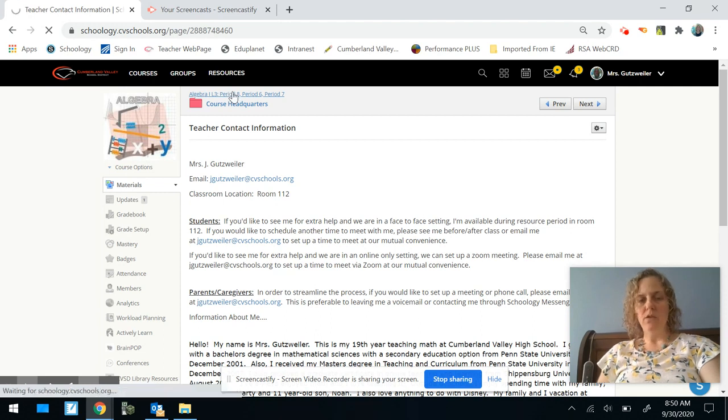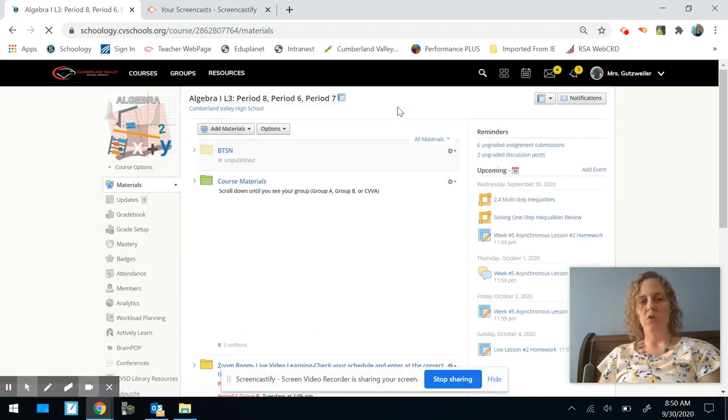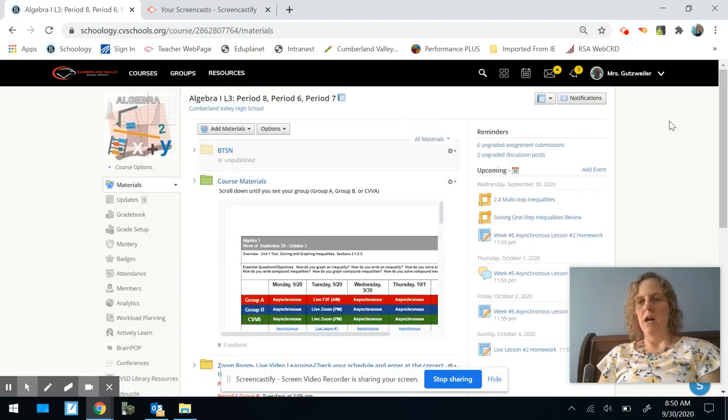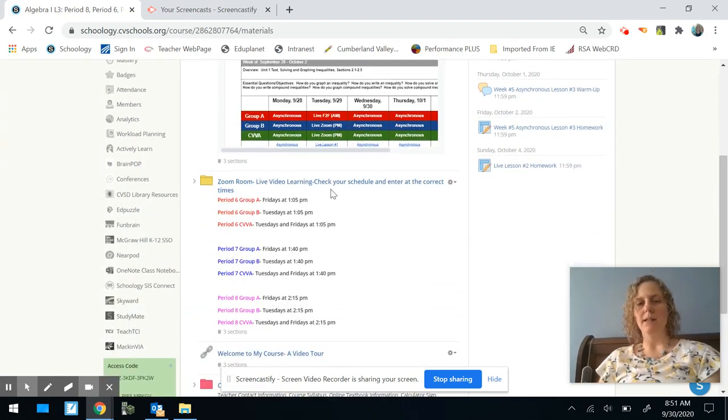I'd like to jump right into the course though, because I don't have a lot of time, and I want to talk about a couple of different items. In the Algebra 1 course in Schoology, the first item I'd like to discuss would be the Zoom class. After a few weeks, students are starting to get the hang of things. A couple students are still struggling a little bit to attend the Zoom classes. Just want to point out these sessions that are listed with the times in case they forget the schedule.